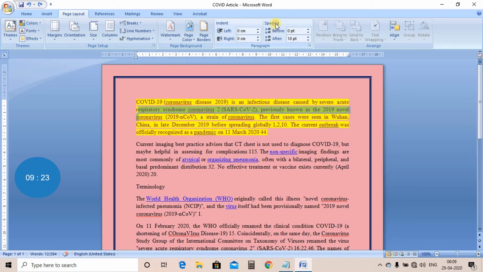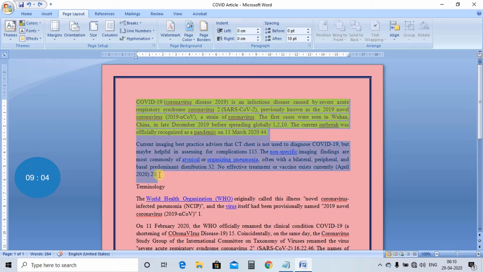Now spacing before and after, paragraph spacing. This is not a line spacing, but this is a paragraph spacing. As you can see, this is a paragraph group. Line spacing means the space between the two lines, and paragraph spacing means the space between the two paragraphs. Now suppose I have selected two paragraphs.